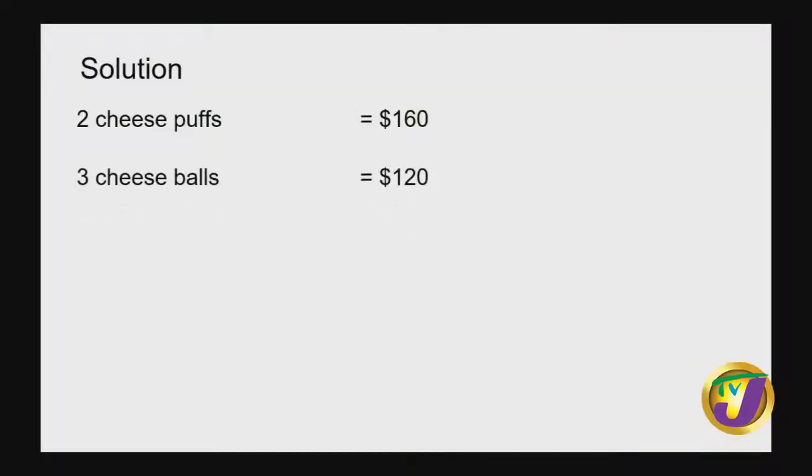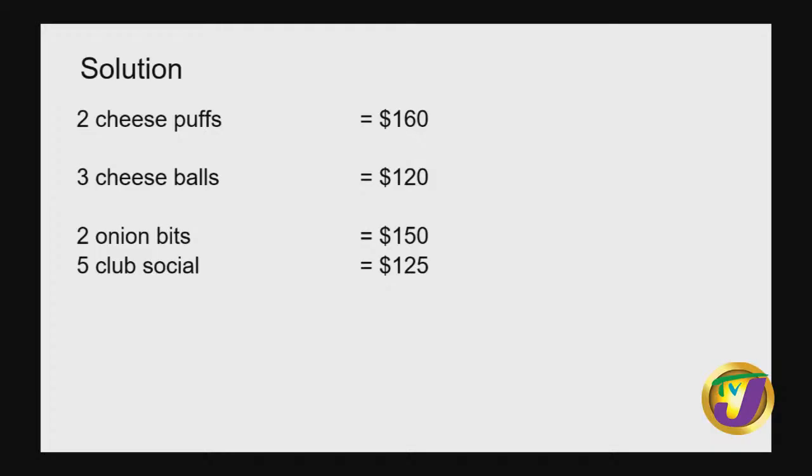One cheese ball was $40. So it's 3 multiplied by our $40 to give us $120. And here we have 2 onion bits, and remember, 1 onion bit was $75. And then she needs 5 Club Social, and 1 Club Social is $25. So 5 multiplied by $25 is